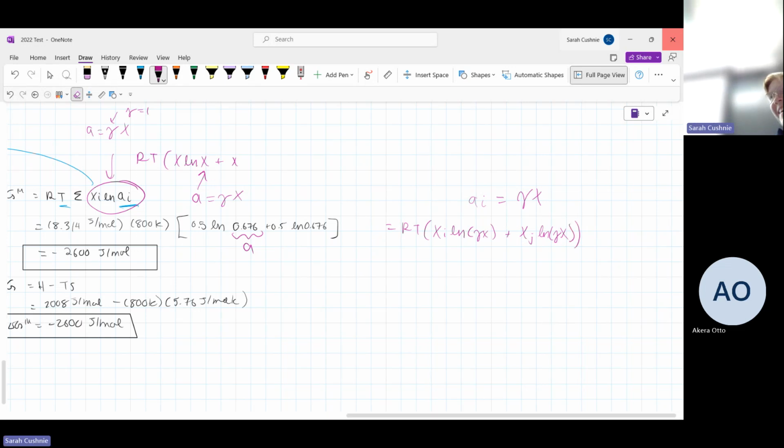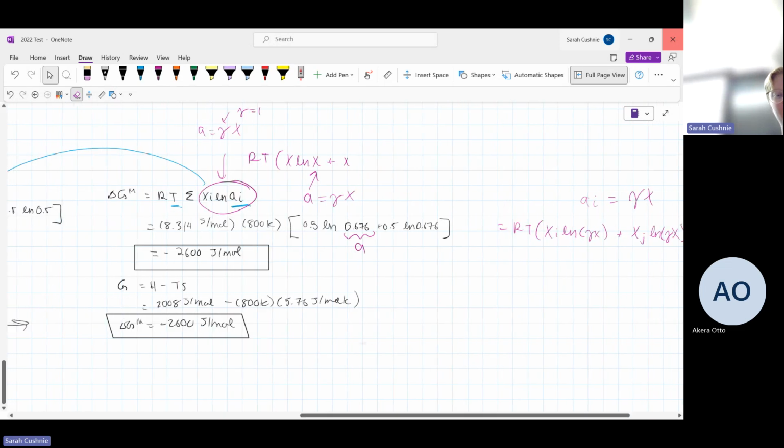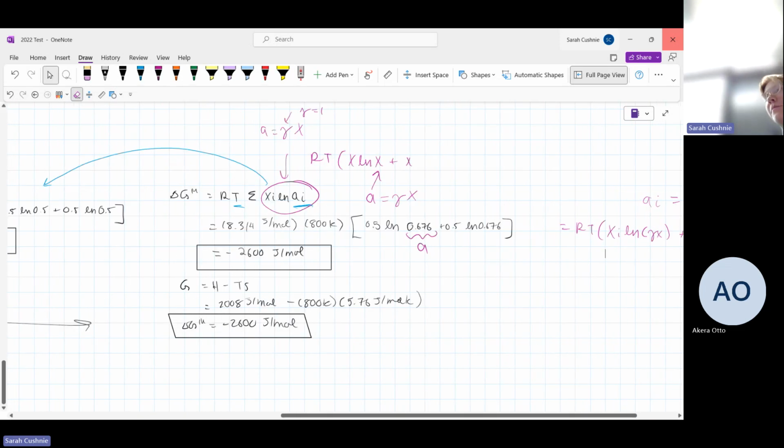Yes, but then why would I do A in the long term? When we relate A back to mole fraction, isn't it A gamma equal X? Or is it A over gamma equal X? Why don't we do A over gamma? Because